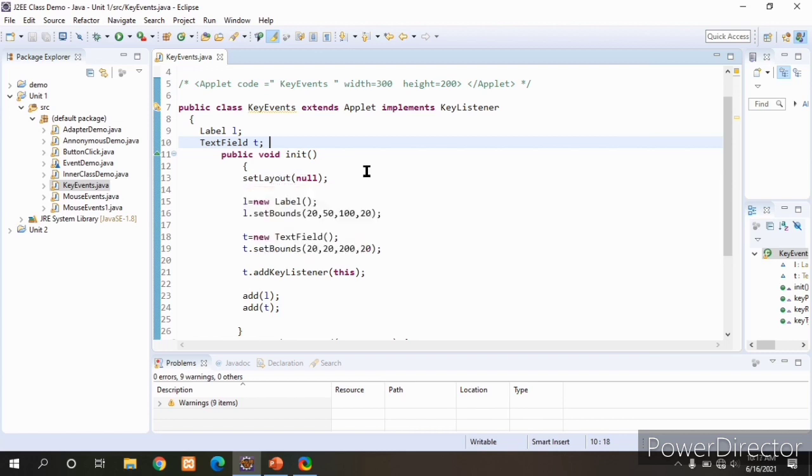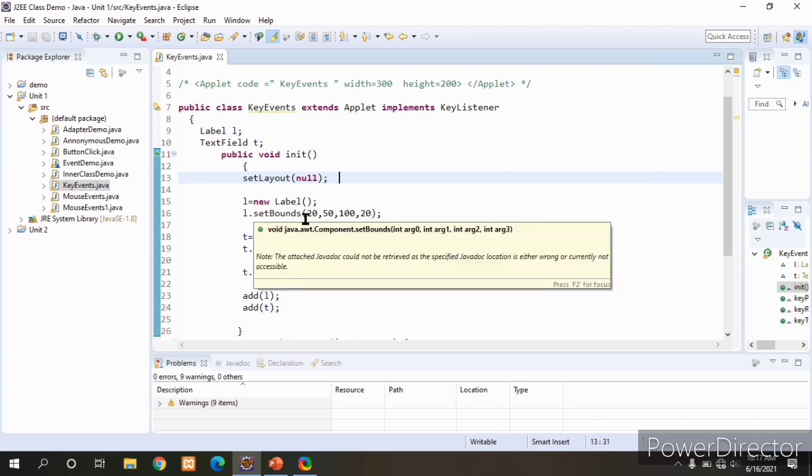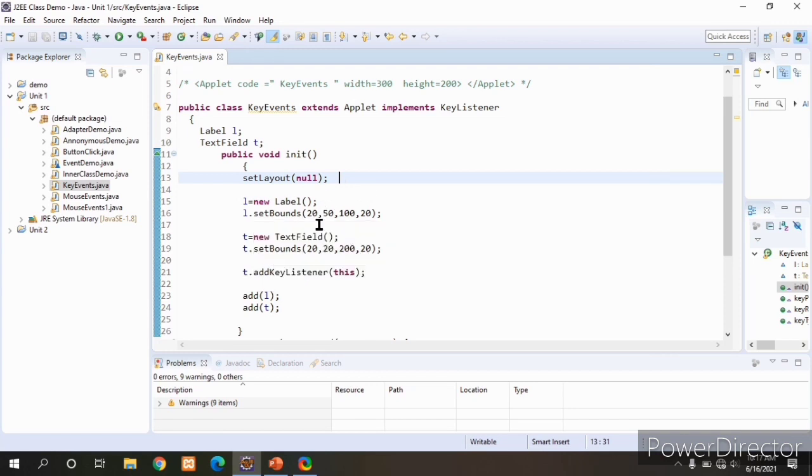Since I am setting the layout manager to null, we use the setBounds method. This method is used to set the location and size of individual components in the container. We can use setBounds only when the layout manager is set to null.